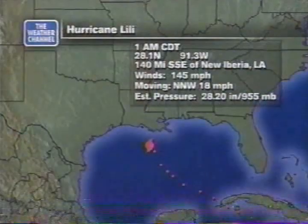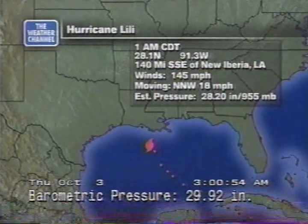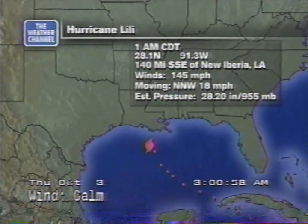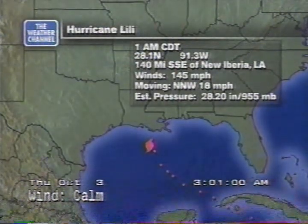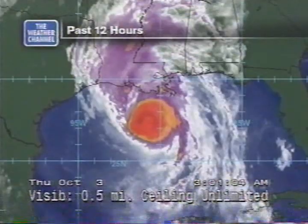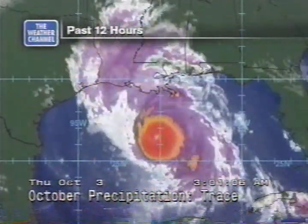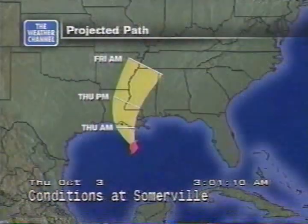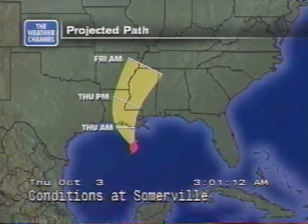Now remember, this is an incredibly dangerous storm with powerful winds and very high storm surge. Take a look at the latest information right now. 140 miles south-southeast of New Iberia, Louisiana. Winds sustained at 145, moving north-northwest at around 18 miles an hour. A very potent storm. Honestly, we cannot understate the need for preparedness and seeking shelter right now. Again, it's continuing to move in. It should move ashore mid-morning or so along the Louisiana